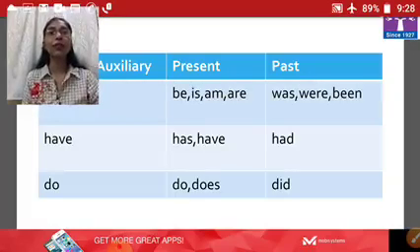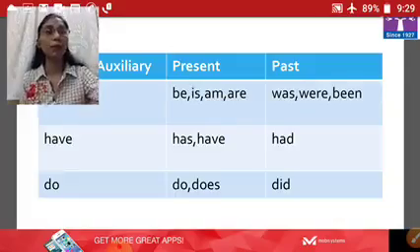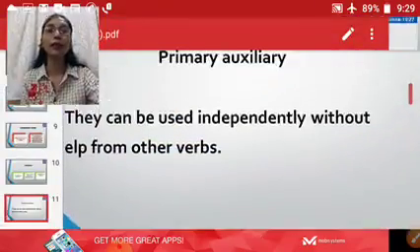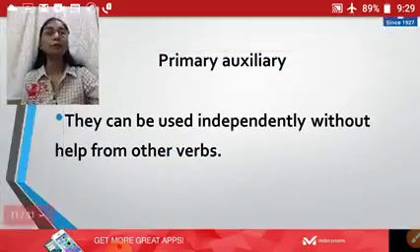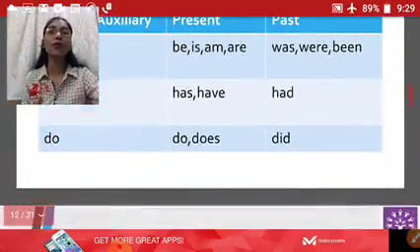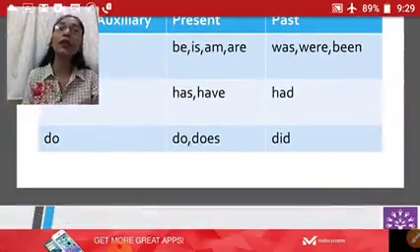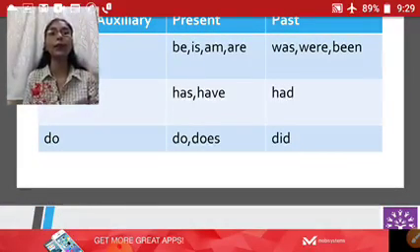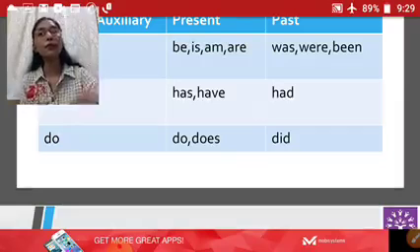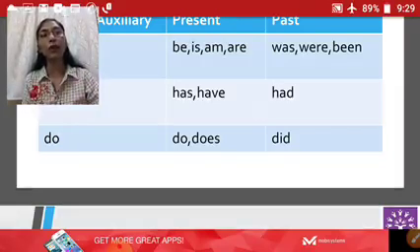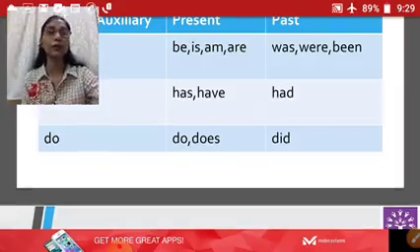So basically if we need to understand primary auxiliary, they work as independent verbs in the sentence. They can also be called the main verb of the sentence, and they also change as per the three forms of the verbs. Like base form we will have V1, we will have V2 and we will have V3. Whereas if we talk about modal auxiliaries, they do not follow the three forms of the verb. This is the basic difference between primary auxiliary and modal auxiliaries.